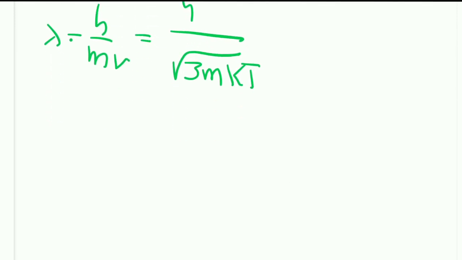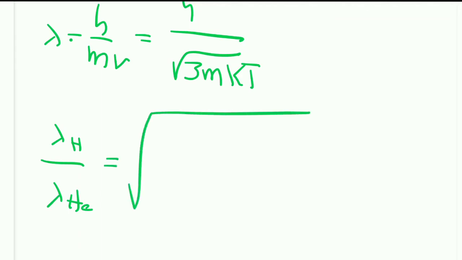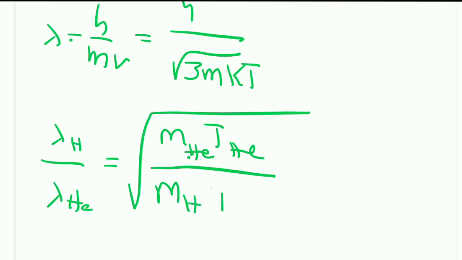Then lambda hydrogen by lambda helium is equal to under root m helium T helium by m hydrogen T hydrogen, then under root 8 by 3 is